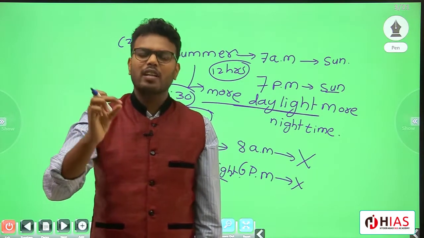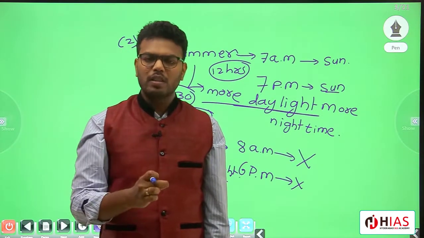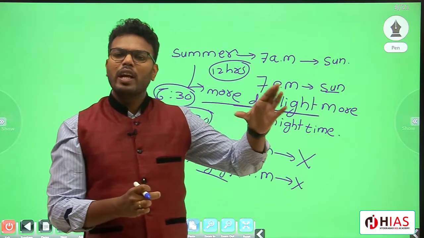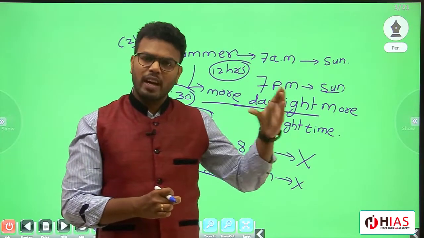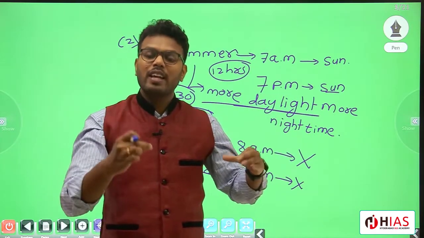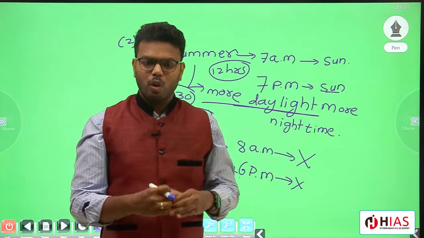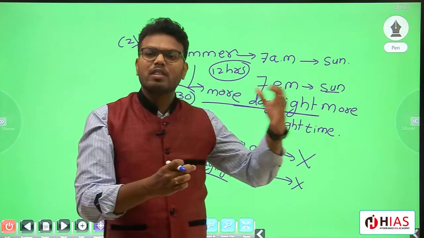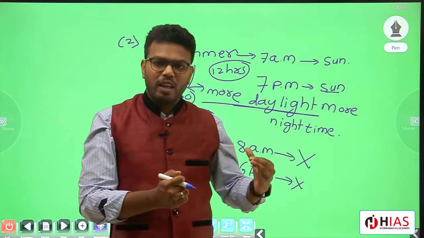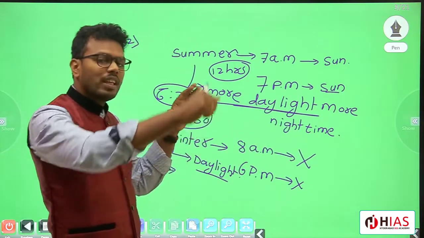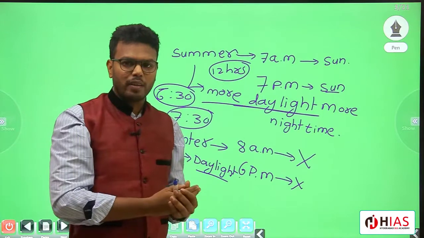For suppose, take the example of Hyderabad. In Hyderabad, in summer season, the duration of the day is more. In Hyderabad, the duration of the day in the winter season is very, very less. In a particular place, the duration is varying. Why the duration is varying means the time during which the sun is able to focus its light. So that is the thing.